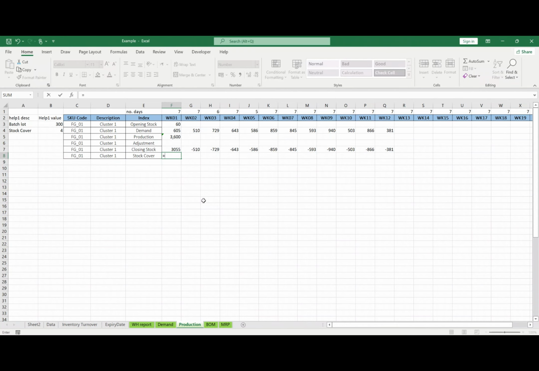We say that this closing stock divided by the sum of the next 8 weeks of demand, divided by the sum of the number of working days that we got for that period,